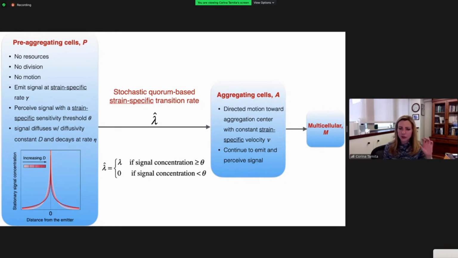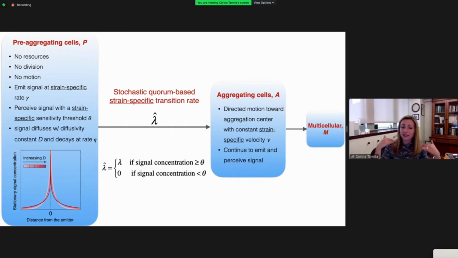So that's what we assume, that they emit a signal in this pre-starvation state, and that they have sensitivity to that signal, and that both of these are strain dependent. And then we further assume, and this is the major departure from previous models, that when your threshold has been met, when the signal concentration that you perceive exceeds your threshold, the decision to aggregate is not deterministic, it's stochastic. So it's a quorum-based